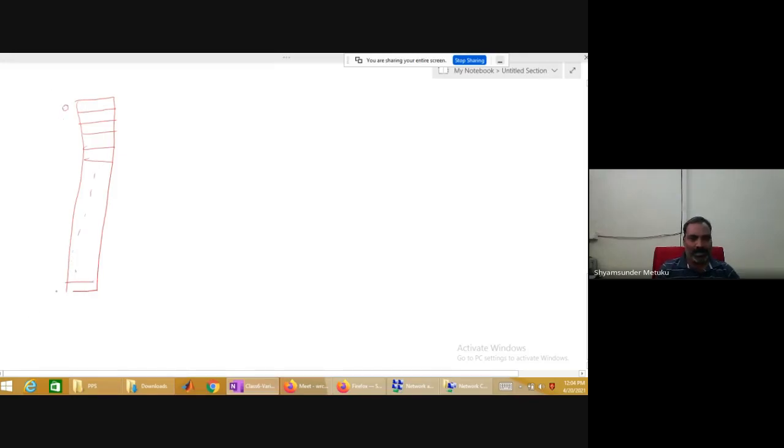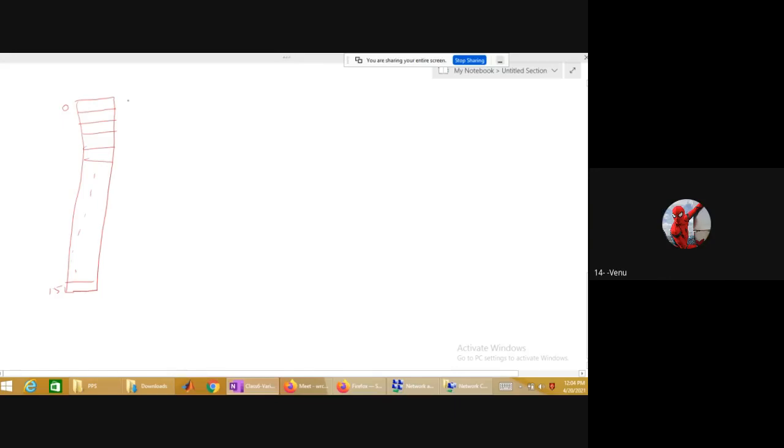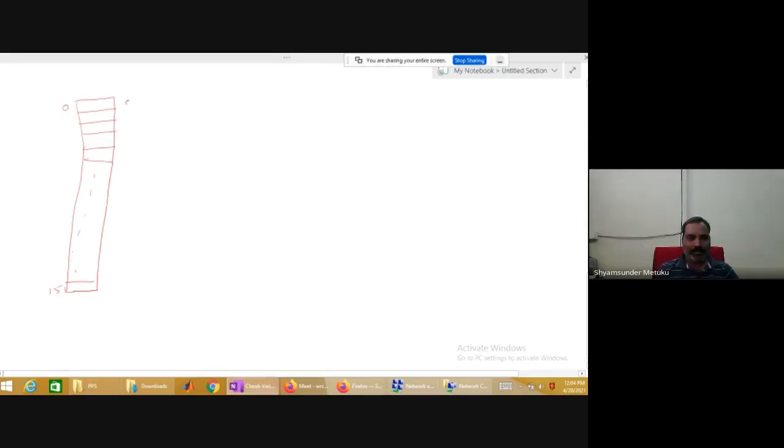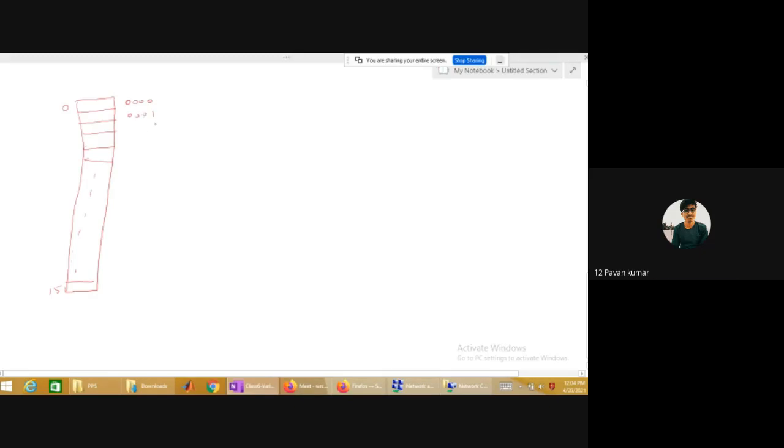What will be the value of the last location, to represent 15? In the binary number system, how many bits must I consider at least? 4, sir. Correct. 4 bits, right?